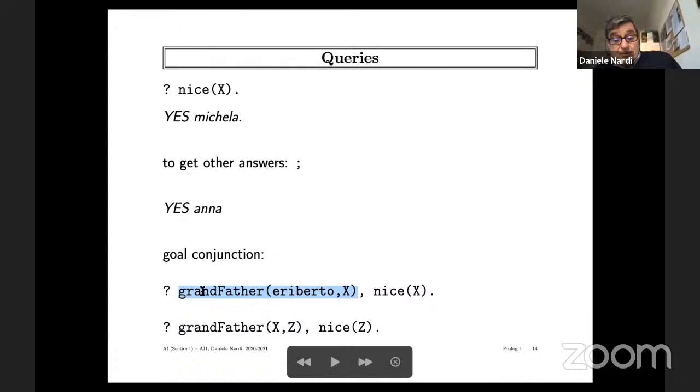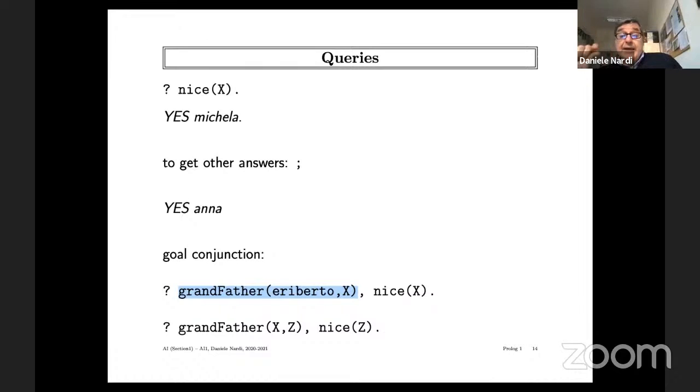We are asking our program or knowledge base whether there is an X such that Heriberto is the grandfather of X. Okay, so now in order to do this, Prolog will have to use the program grandfather and go into the set of facts and check first that there is a fact for Heriberto and some other, a son of Heriberto, such that the relation father Heriberto X